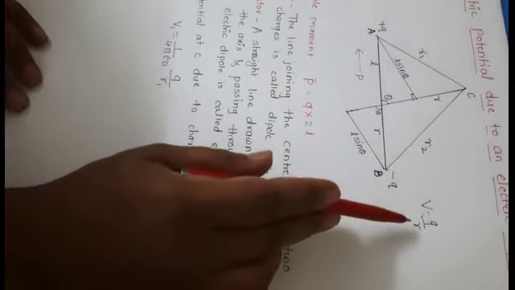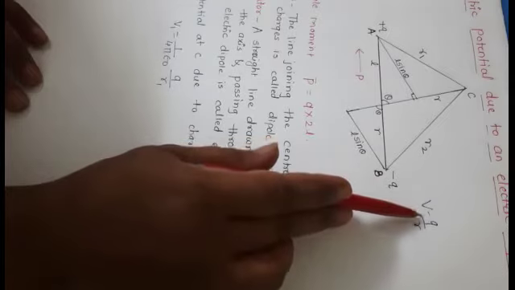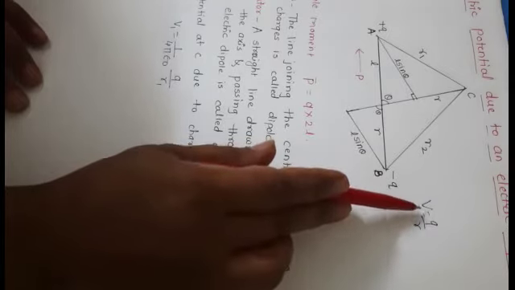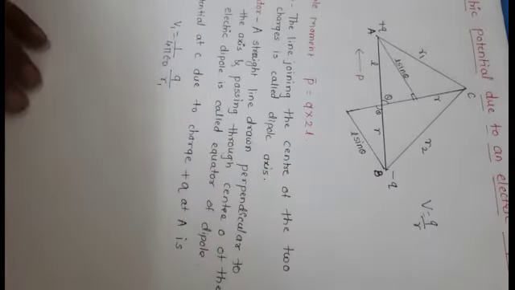Here, what is meant by electric potential? Electric potential V is q upon r, meaning a charge moving from a reference point to a specific point gives the electric potential. Its symbol is V and its SI unit is volt. Then here we calculate the electric potential due to an electric dipole.